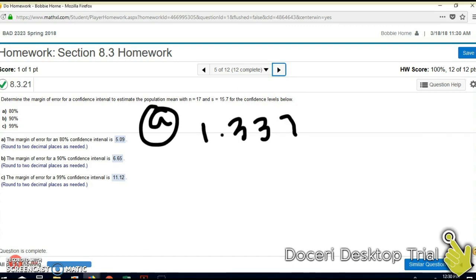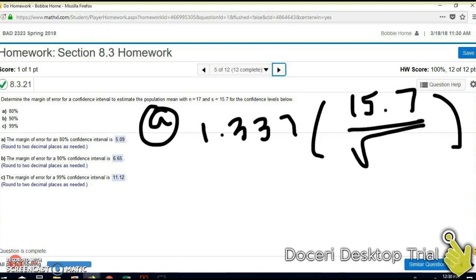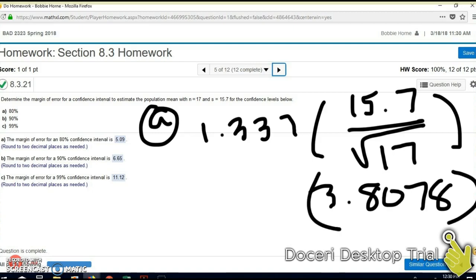We're working A, and then we need to do the standard error here, which is the standard deviation divided by the square root of n, which is 17. So if you do 15.7 divided by the square root of 17, you get 3.8078, round to 4 decimal places, times 1.337. If you multiply those together, you get